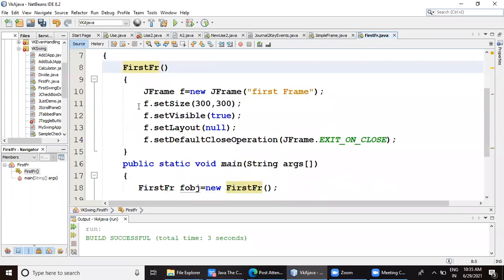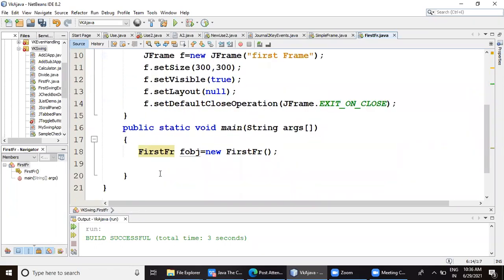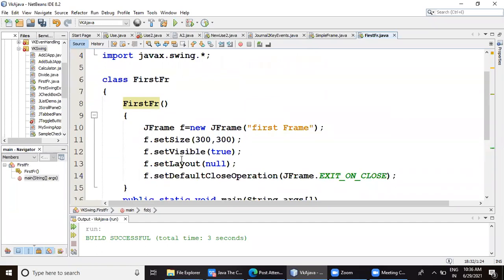Whatever designing part we do is done in the constructor. So whenever you create a frame, this class, that is the output window of this program itself, becomes a frame, isn't it? This frame will get initialized at the time of object creation. Okay, let me repeat one more point which I covered yesterday.